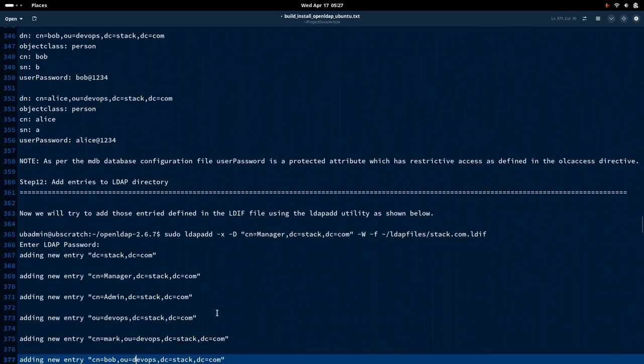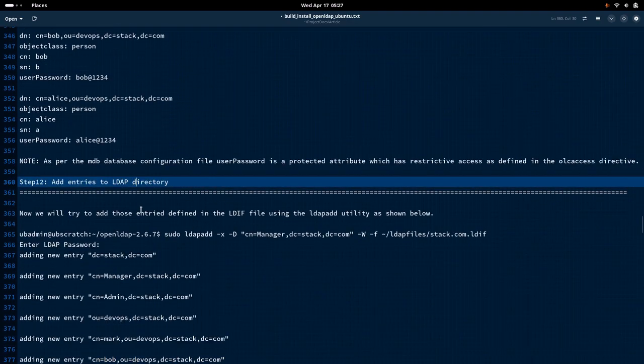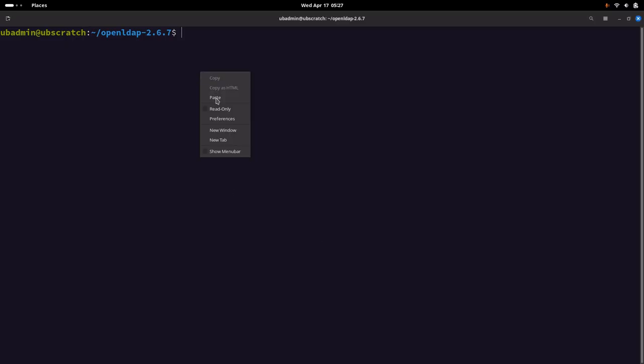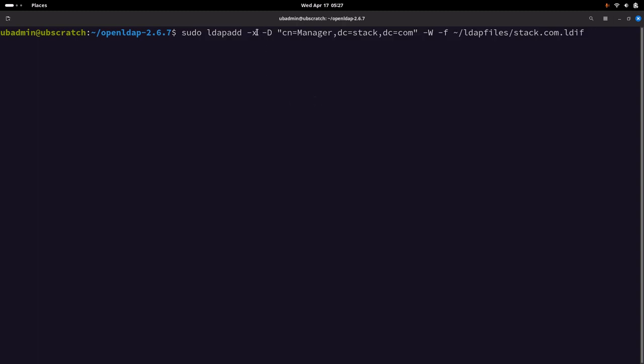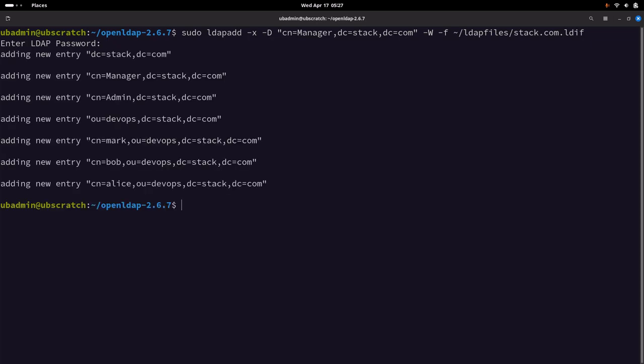Now let us go into our next step, that is adding entries to the LDAP directory tree. Here we are going to use the ldapadd utility, and we are going to do simple authentication by using the bind DN, that is CN equal to manager, with the bind password, and we are going to pass the LDIF file for the entries that we are going to create or add to the LDAP directory tree. The bind DN password is secret, so I'm just going to enter that one,